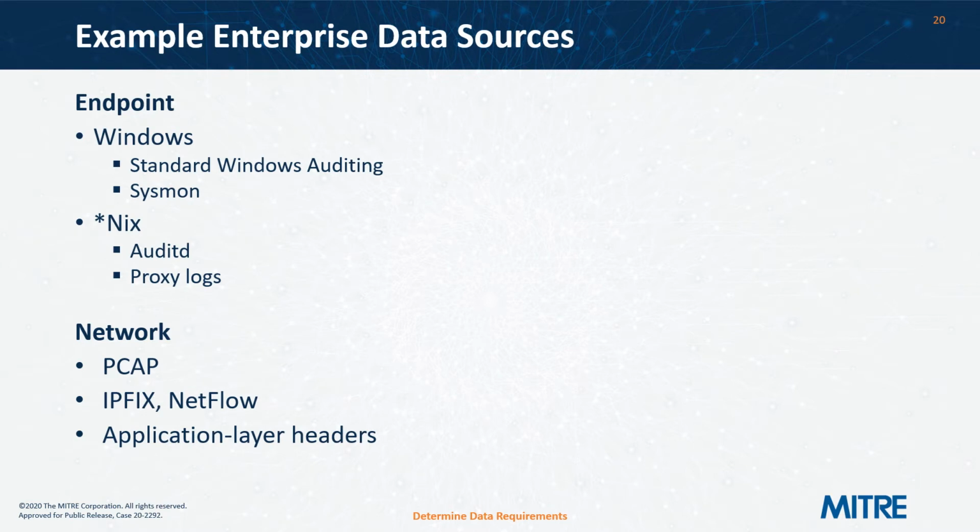For each of these data types, there might be one or more collection sources for that type of information. For example, Windows Security Event Logging and Sysmon both provide information about processes and file activity on Windows. For Linux, you can configure auditd to collect similarly detailed host-based information. And there are some open source repositories of auditd configurations mapped to attack techniques you could use as a starting